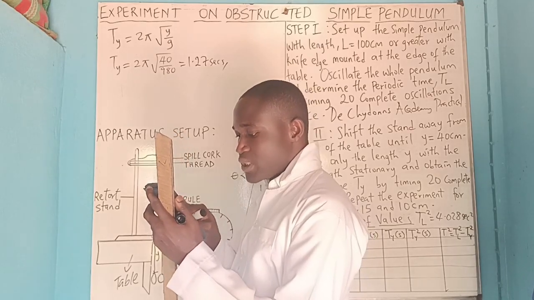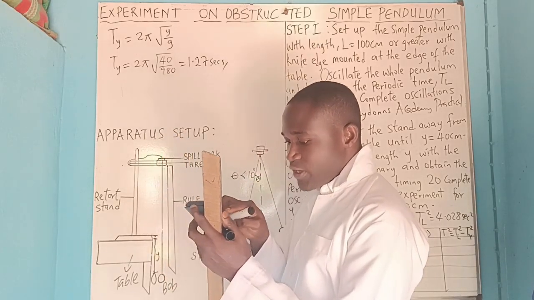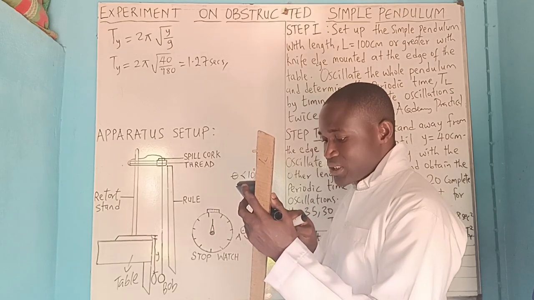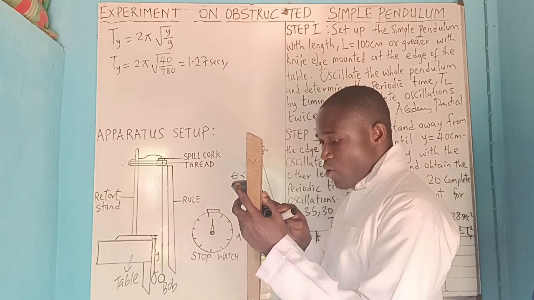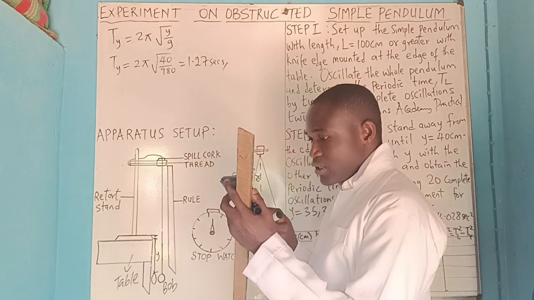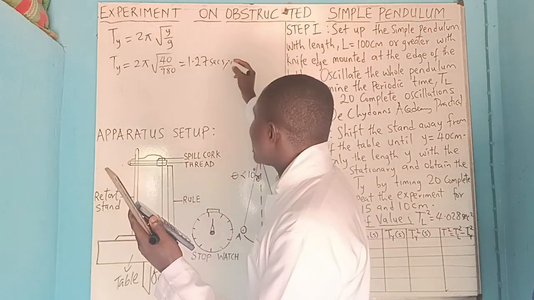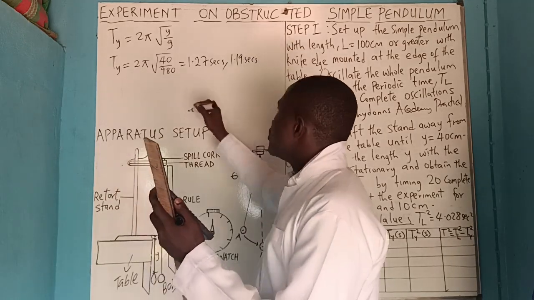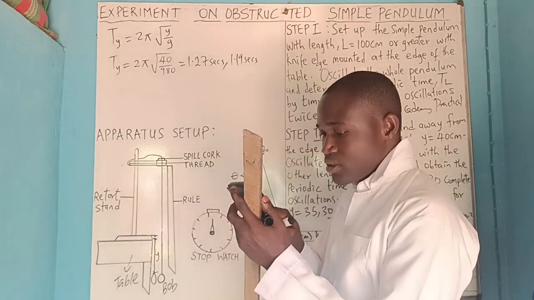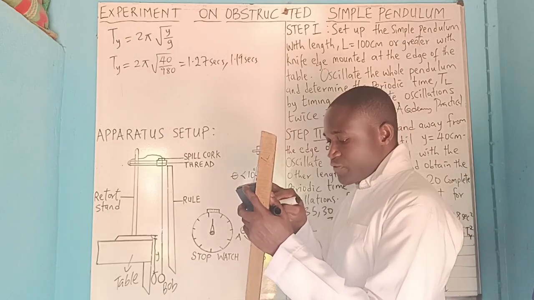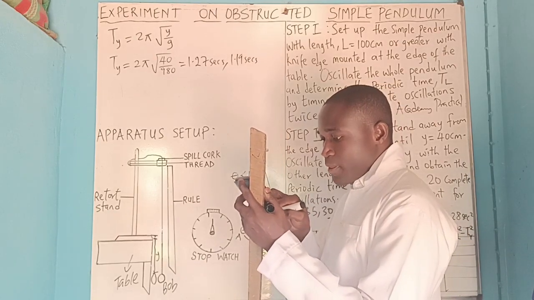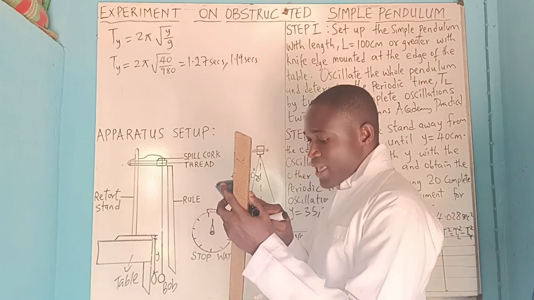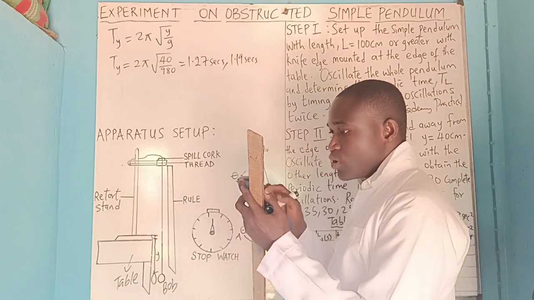You change it to be 35. You say 2 shift pi root bracket 35 divided by what? 980. That will be giving 1.19. You change here to be 30. You say 2 shift pi square root bracket 30 divided by 980. You'll be having